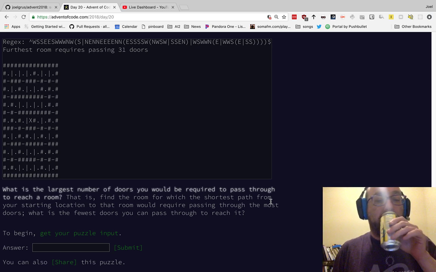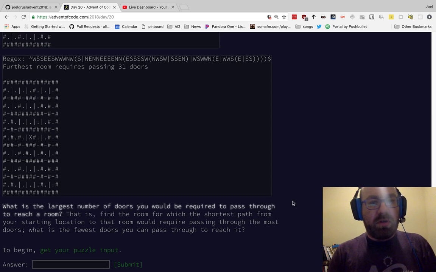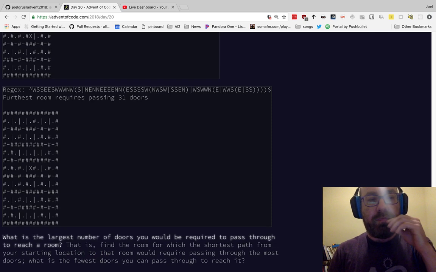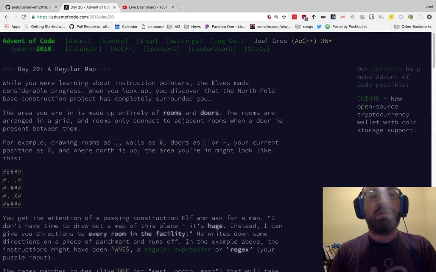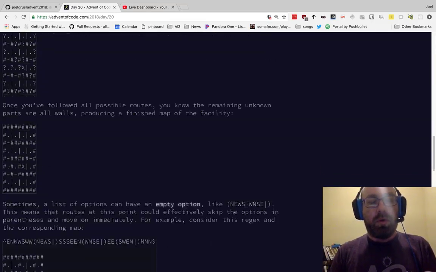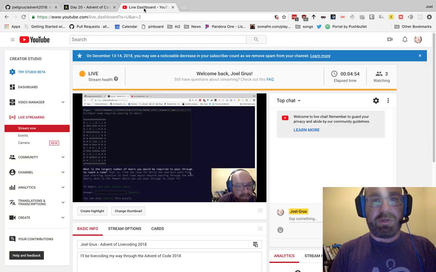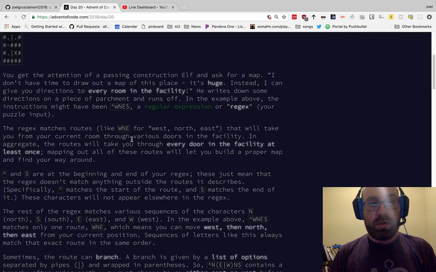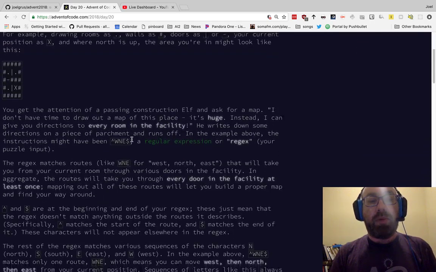Okay, so despite this being a grid, I would like to think of it as a graph problem because I think the grid is slightly misleading. So I get a regex, and I think this is actually kind of a cool problem. I say that, about to hate it, but